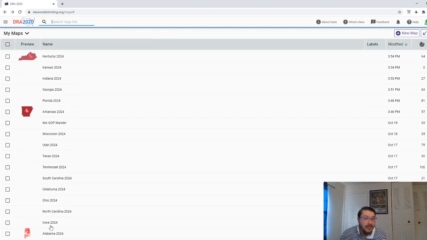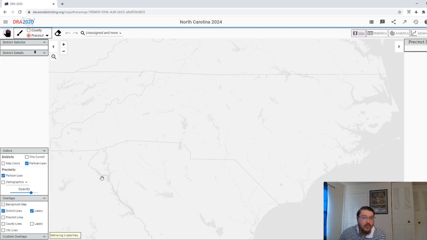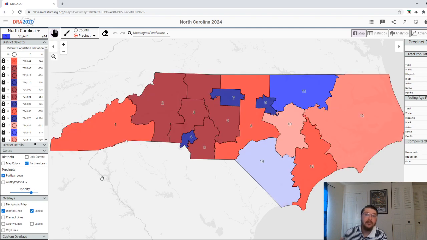So let's go to North Carolina, which is different in that you have to be careful about the courts throwing out a map due to partisan gerrymandering, which the North Carolina Supreme Court is wont to do. So I had to basically just try to make the most compact districts possible, while also trying not to break up certain places like Winston-Salem and Greensboro. I thought about maybe putting them into different districts.